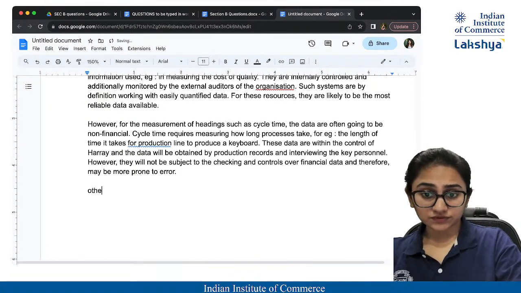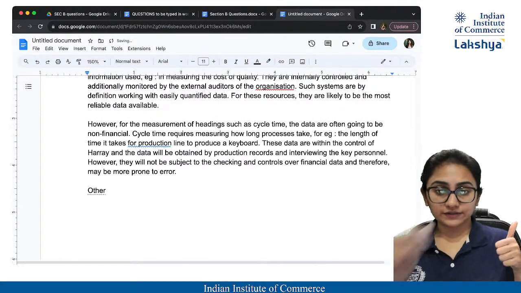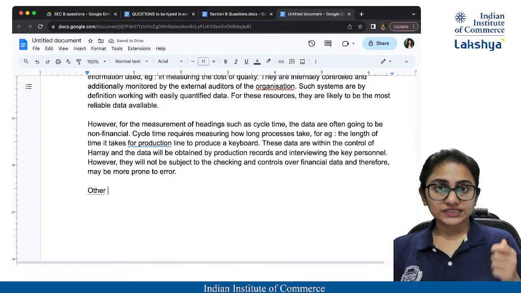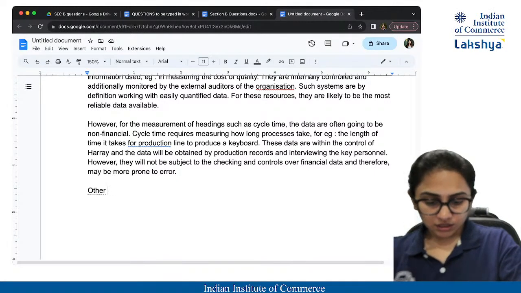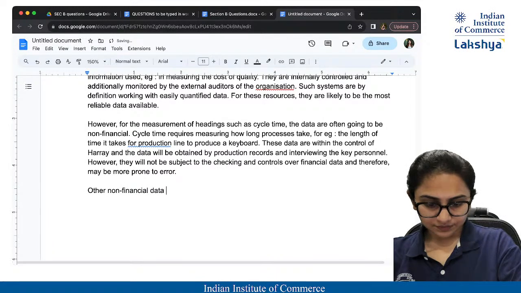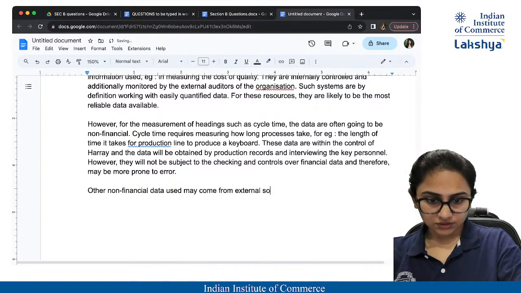What is the other non-financial data you can undertake? First is the cycle time. Cycle time is not financial, it's very much under the control of Harry, and cycle time is the number of days. Other non-financial data may come from external sources. What is that? For example,